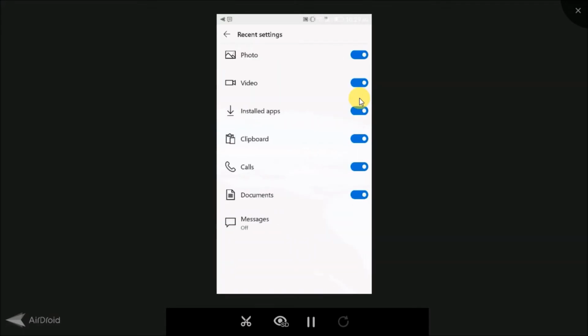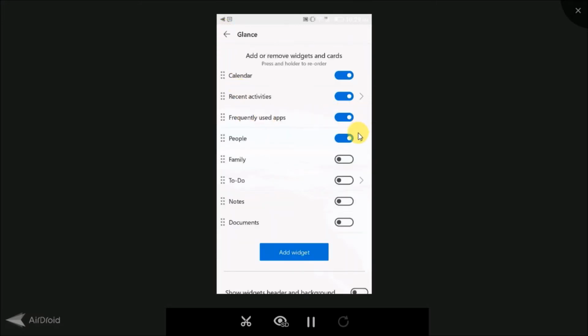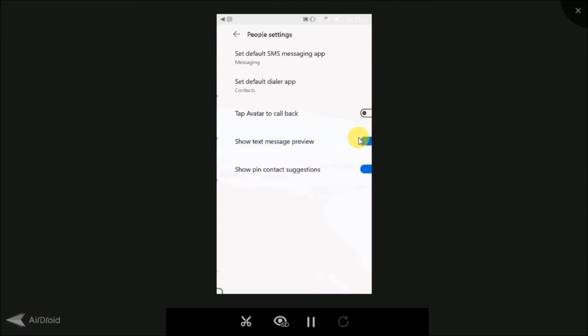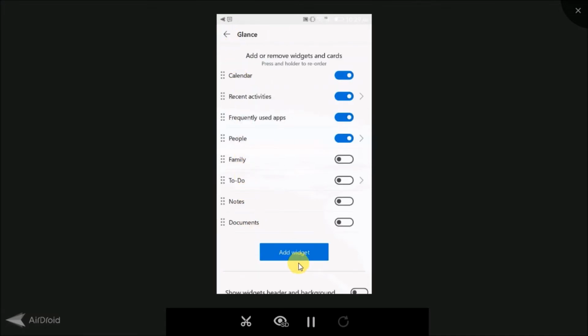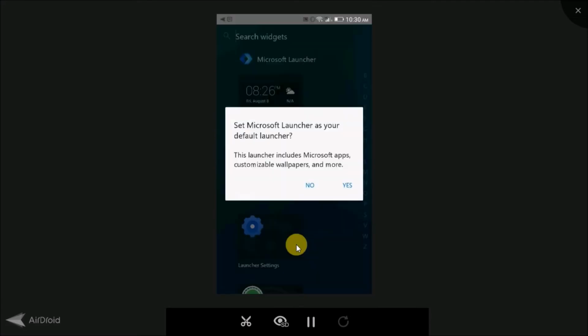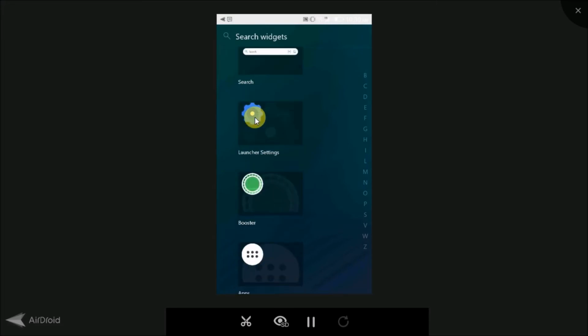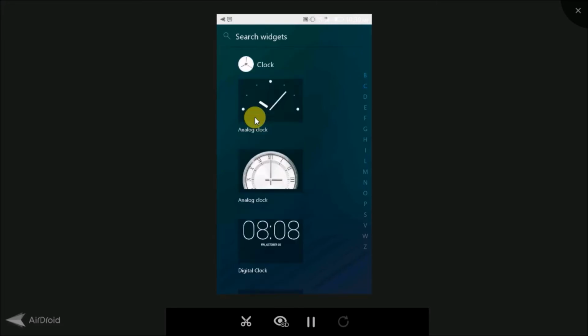Recent activities: photos, videos, installed apps, clipboard, calls, documents, messages. People: set default messaging app, dialer app, avatar, add widget. It's asking to set as default launcher. We skip it for now and click No. Here are the widgets, wallpapers, bookmark,